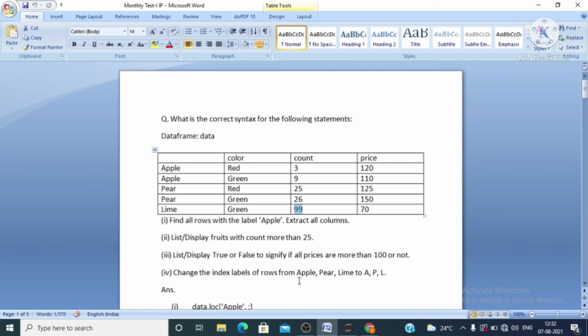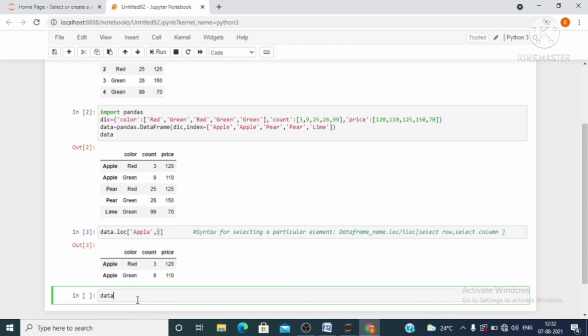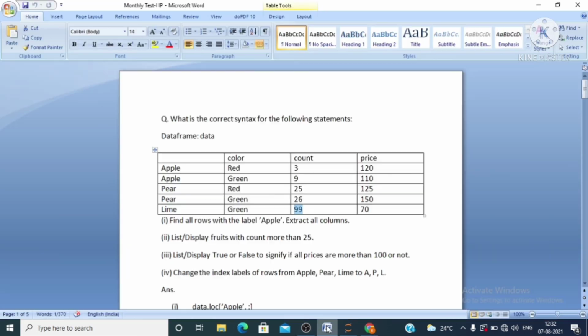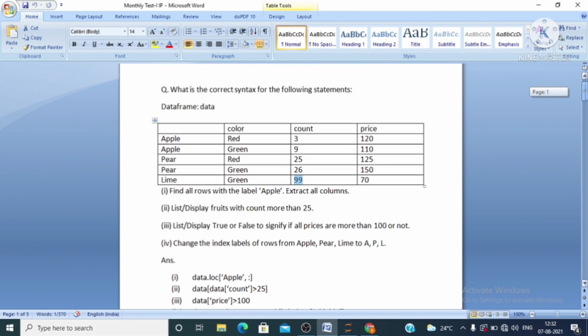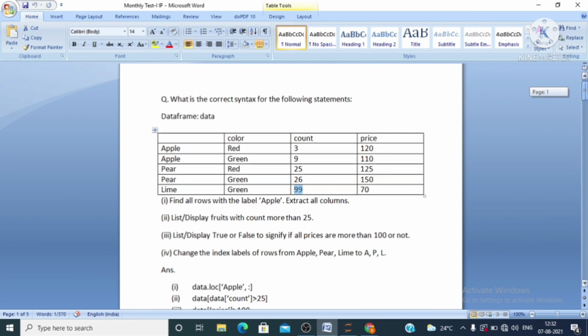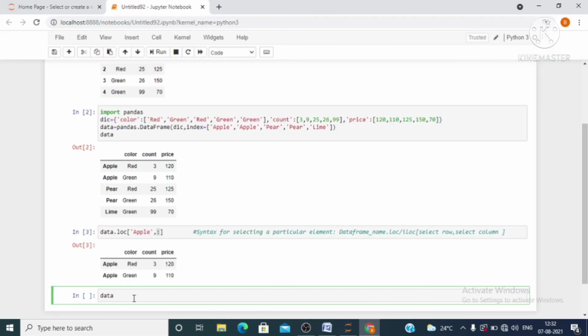Okay, so let us see how to write the code. Again, write first of all the name of the data frame which is data, within square bracket give the label of your column, which is count.